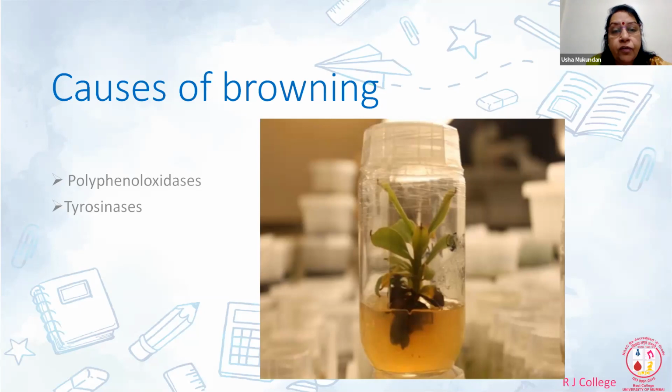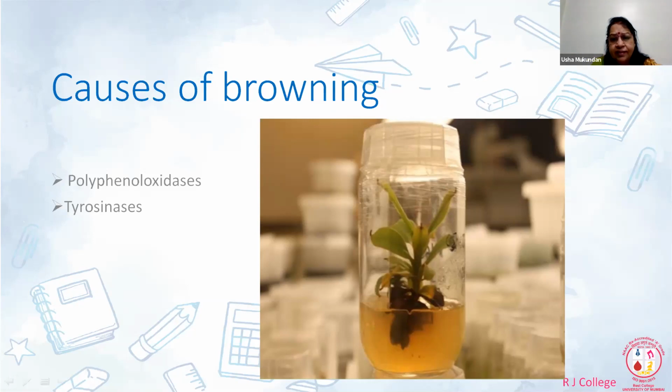On the banana peel, the darkening, ultimately it becomes black in color, isn't it? That is all because of tyrosinase activity. So why does the tissue become brown? It is because of two important oxidases: one is polyphenol oxidase and the other one is tyrosinase. Mushrooms also, if you remember, if you cut and keep them, they all become brown in color, isn't it? Yes, ma'am. So that is also phenolases, which are capable of utilizing phenols as a substrate.